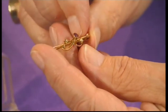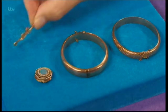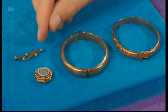Then here we have a little bar brooch, which was so popular in the Edwardian period. All the ladies had a bar brooch. And that's got little amethyst in there and seed pearls, and that's 9-carat gold as well. So we've got a bit of value here already. Yeah, glad to say. This is another little